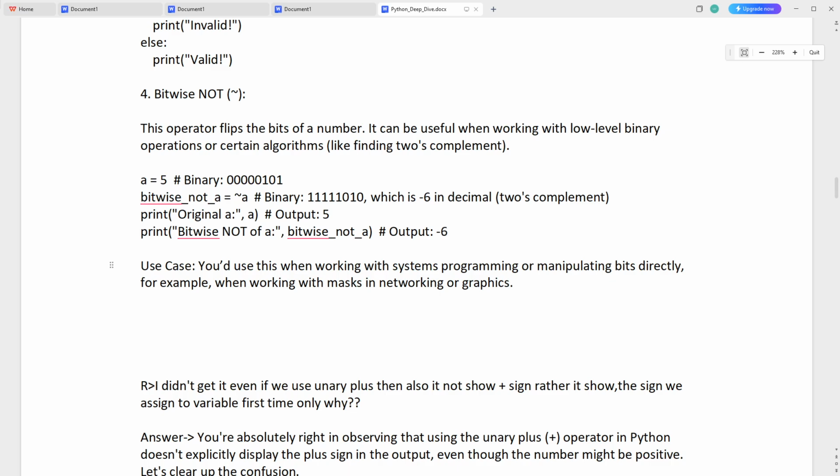You use this when working with system programming or manipulating bits directly. For example, when working with masks in networking or graphics. So basically when there is a large amount of data and you are working on a particular networking or graphics task, for example, if you are applying this logic to a washing machine, so directly working